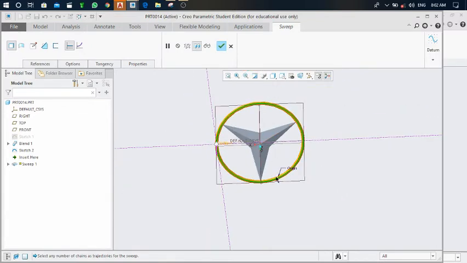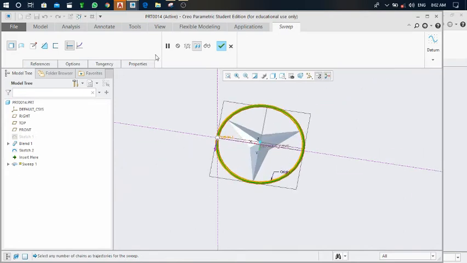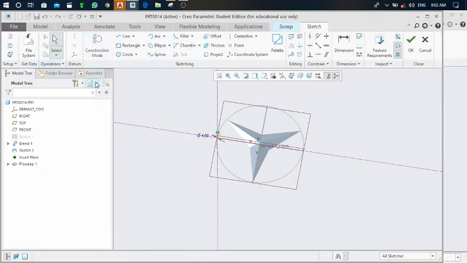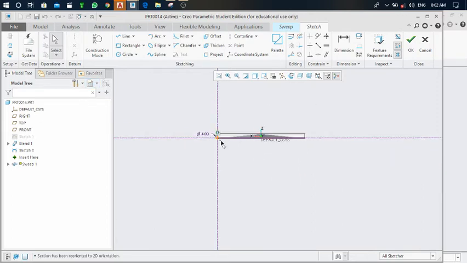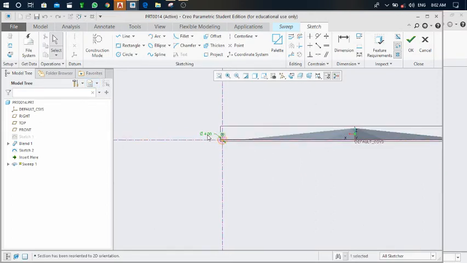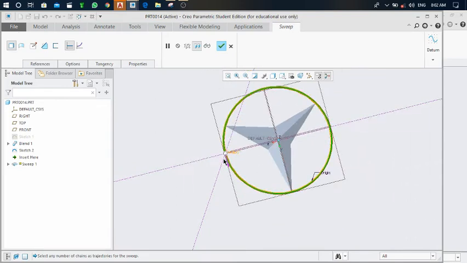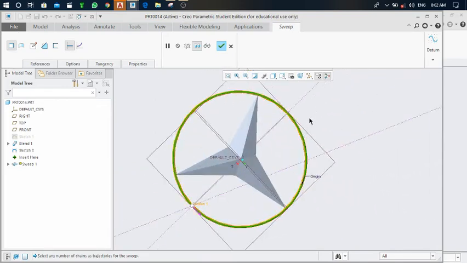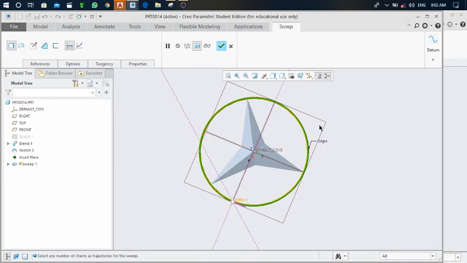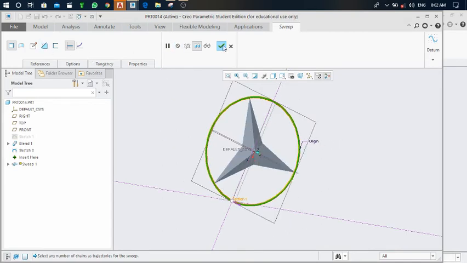It is generated, but I wanted to reduce the diameter of that section, so click again on this section, normal view, and double click on this dimension. It will be edited automatically. After that, put 2 diameter over there and click on OK. Now the symbol or logo is generated. Just click on the green mark